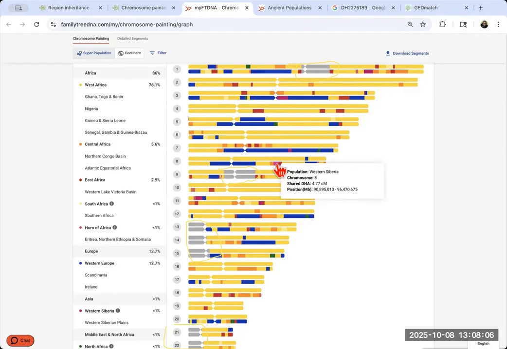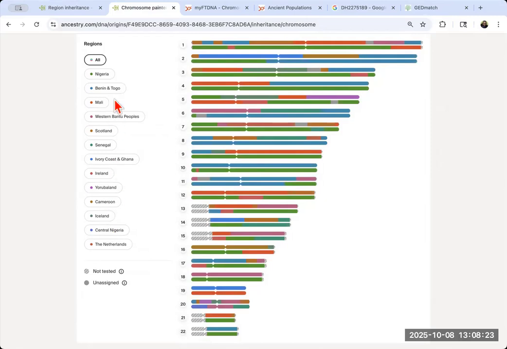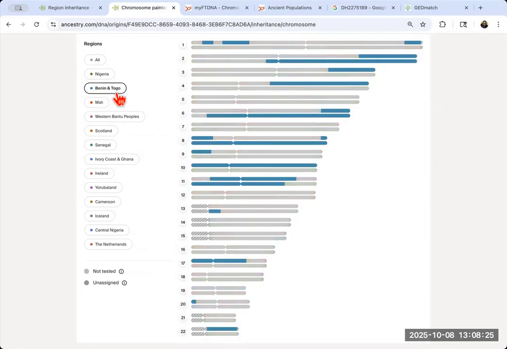Well, let's go back to Ancestry, because when we look at Ancestry's version of chromosome 8, and I'm going to clear the drawings, it's not Central Nigeria. We have Benin, Togo,